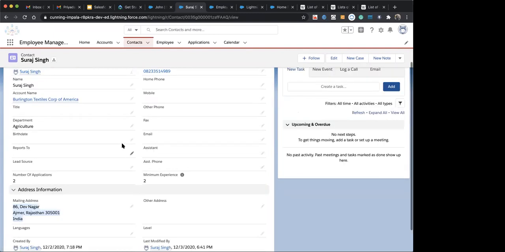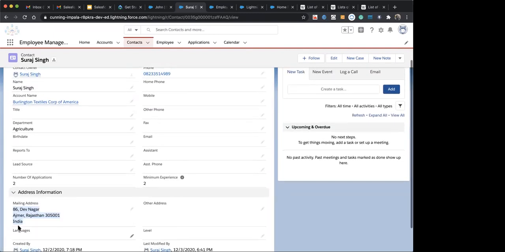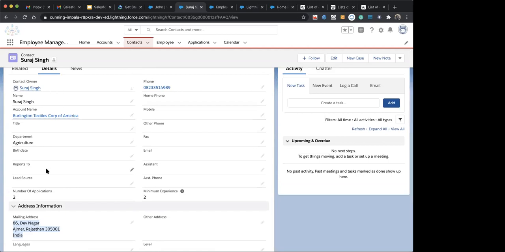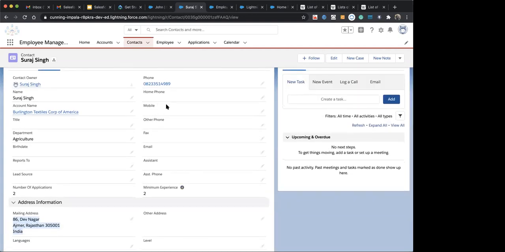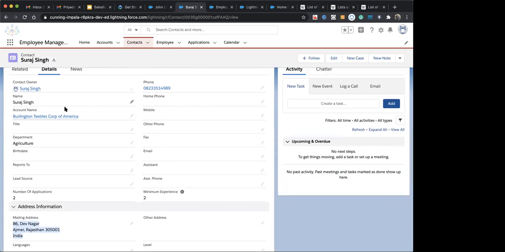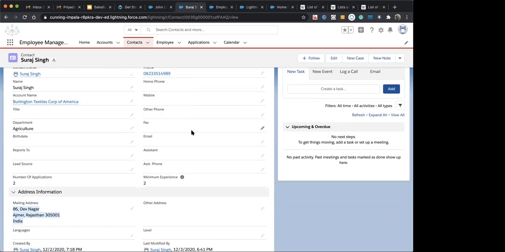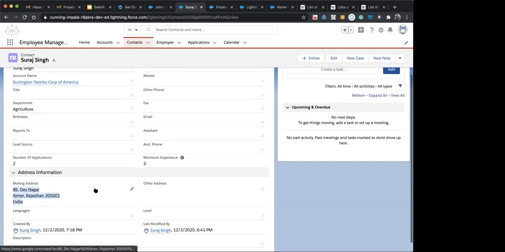For that, I want to show only this field and this field to him, and the rest of the fields are not visible to him. I just want to remove those other fields, and when he logs in and opens the record, he only checks and verifies that the address is correct or not.